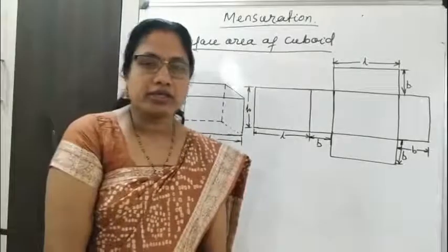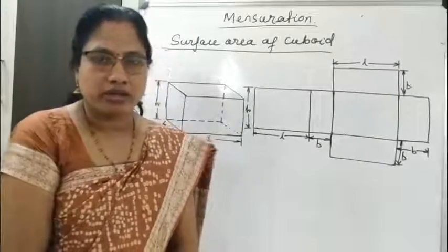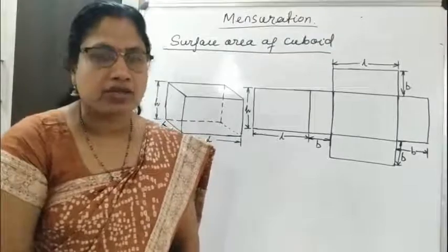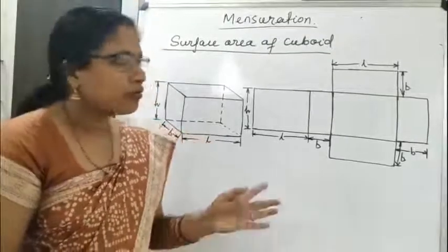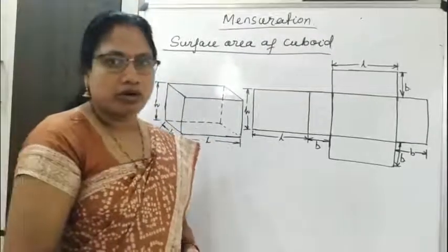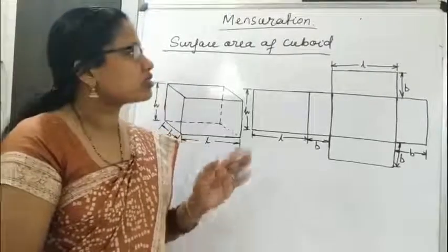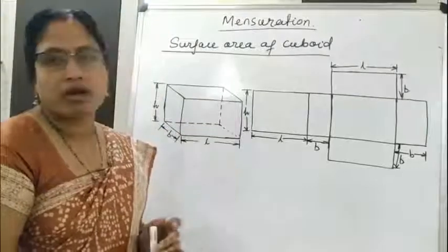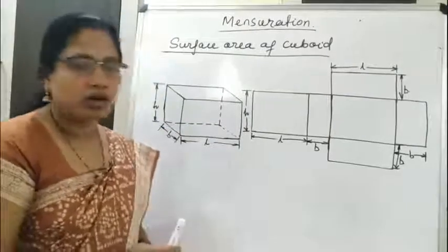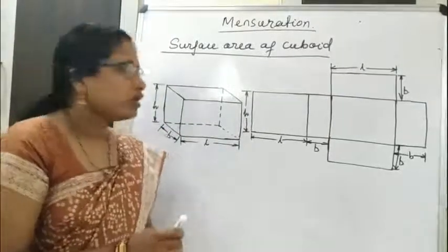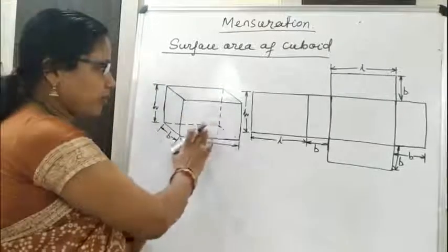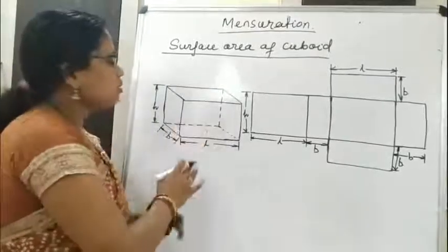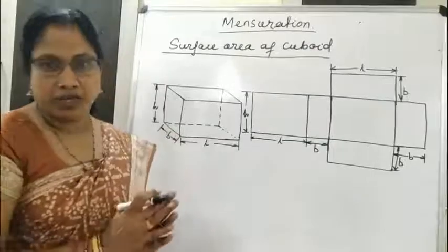So dear students, in this section let us discuss the surface areas of some solid figures. All of you know about cuboid. So in this section we shall discuss the surface area of cuboid and cube. First, the surface area of a cuboid. Here all of you know what a cuboid is. This is a cuboidal shape figure. A cuboid has 6 faces.